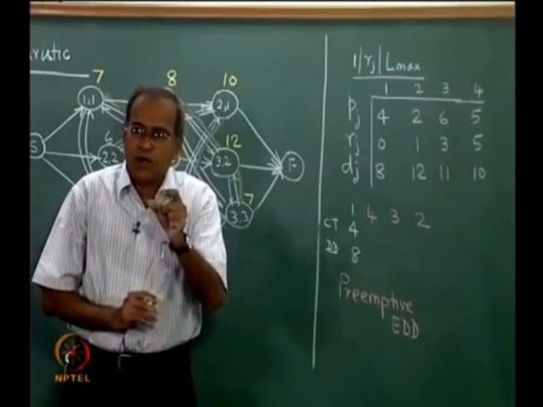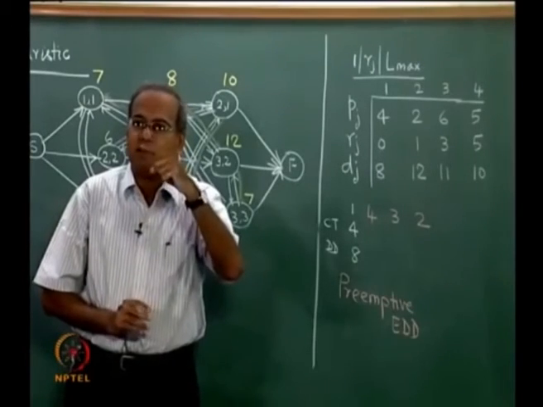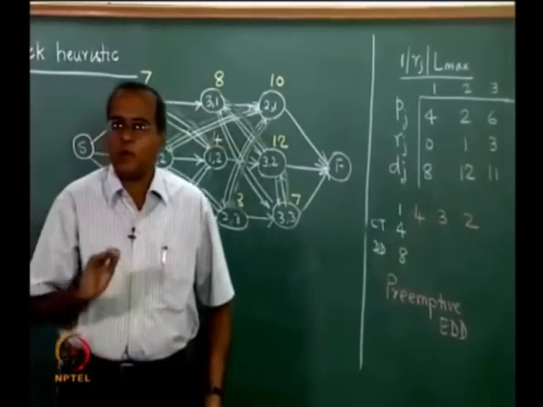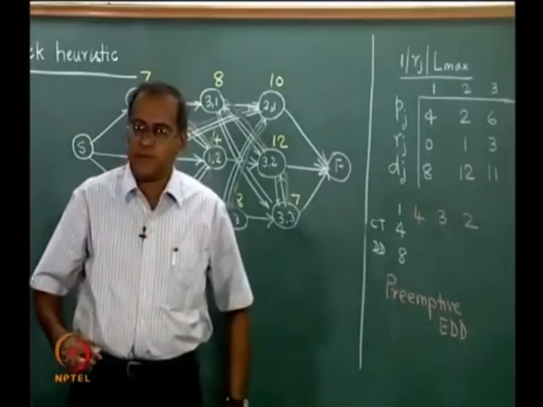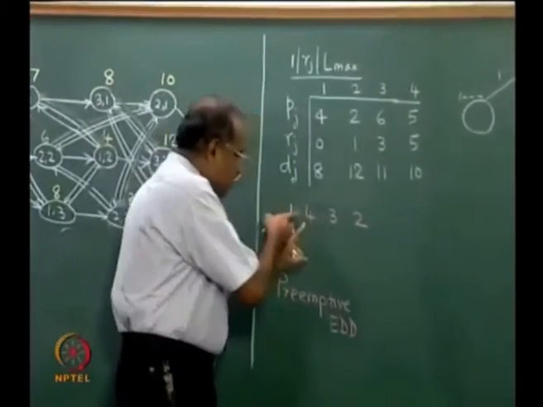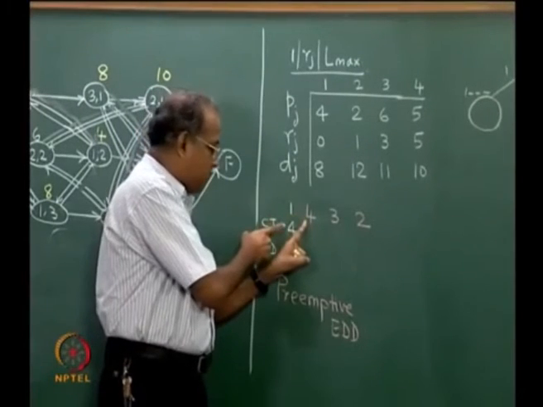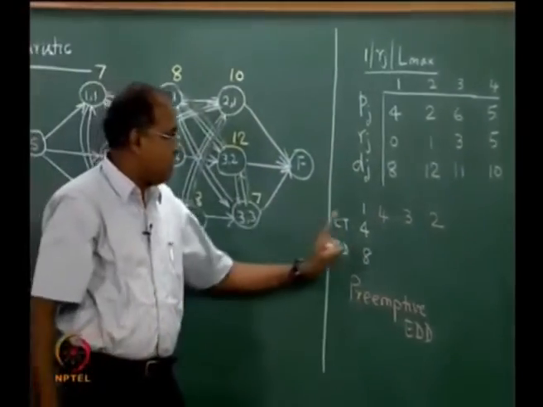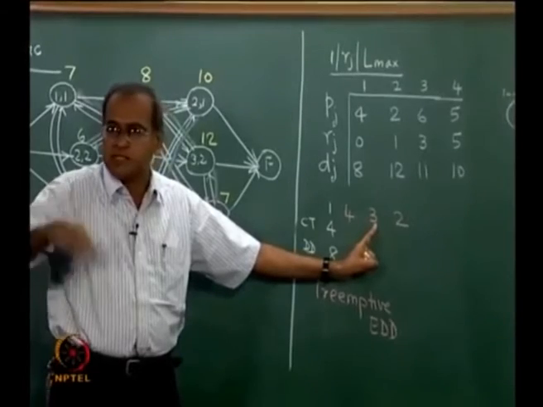Now, that additional one can have an impact in increasing the maximum tardiness, but in a preemptive EDD rule, what we assume is that we allow job preemption. So, we now see that if there is going to be a delay because of a mismatch between this completion time and this arrival time, we look at the next available job or tentative job in the sequence, which is